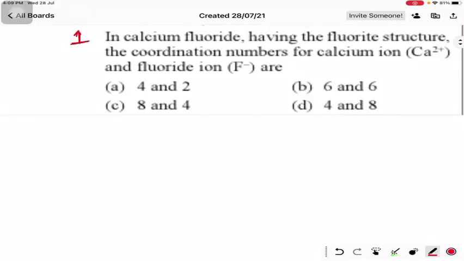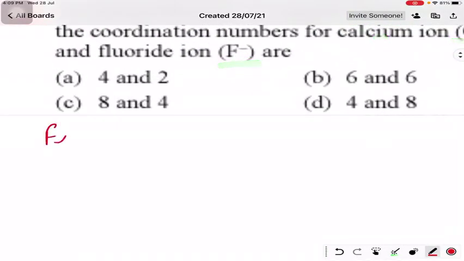These are questions from the previous exams. First question is, these are from solid state. Calcium fluoride having fluorite structure, coordination of calcium and fluoride. Listen carefully. In fluorite structure,